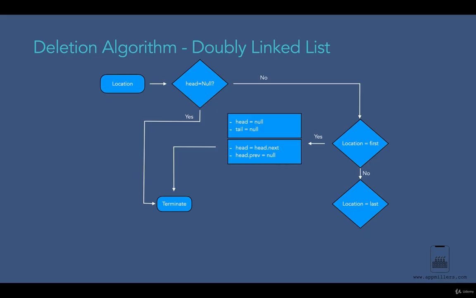Now in this case, we also have 2 cases. The first case is in which we have only one element in our double linked list, and the second case is in which we have more than one element in our double linked list. Now the case is if we have only one element in our double linked list,